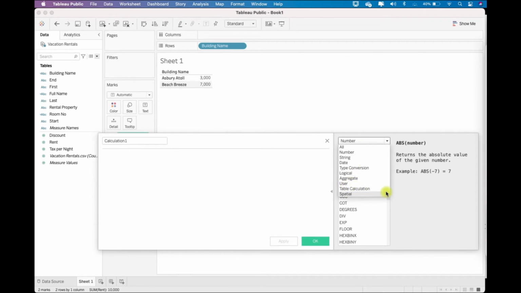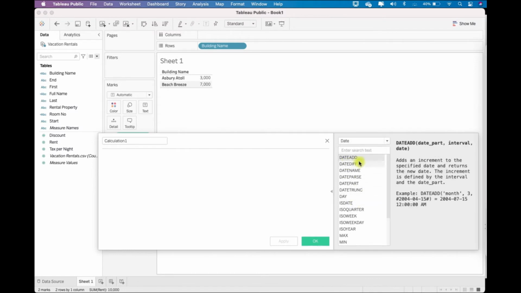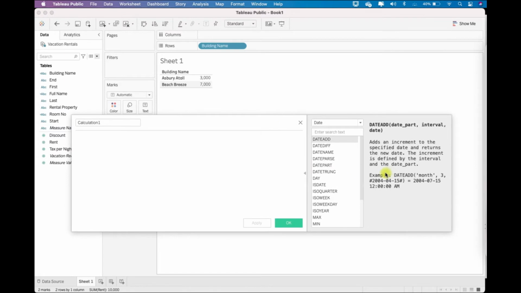So Tableau has categorized all the functions, and you can easily pick that bucket and select the function which you want to use. The help will get generated, the syntax will appear, and an example will also appear. So this way you can practice all the functions which are there in Tableau.